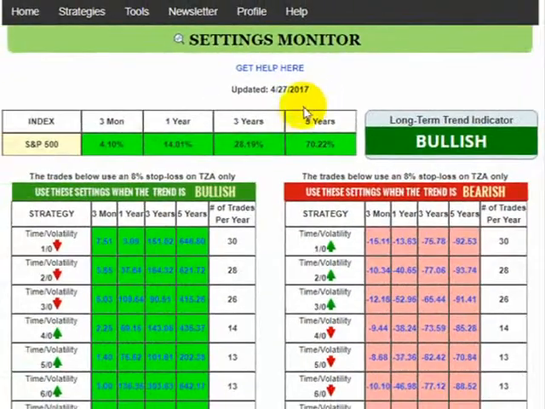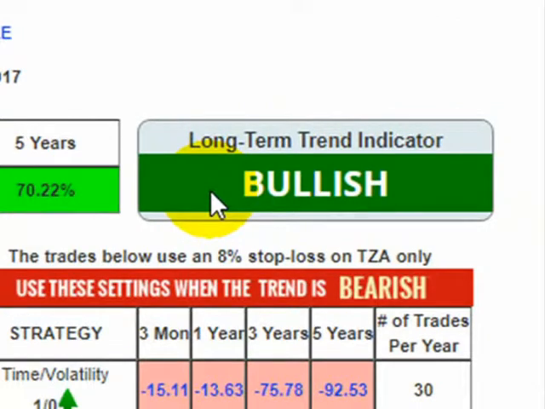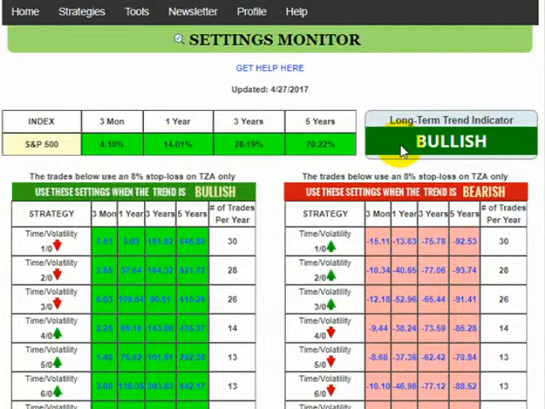4/27/2017. And we're going to have our benchmark. These are what we want to beat. So we're going to see our returns, 3-month, 1 year, 3 years, and 5 years. Now the long-term indicator is monitoring the markets, whether they're behaving in a bullish fashion or a bearish fashion. And right now we have bullish, so it's giving us a recommendation to follow the bullish settings, which you will